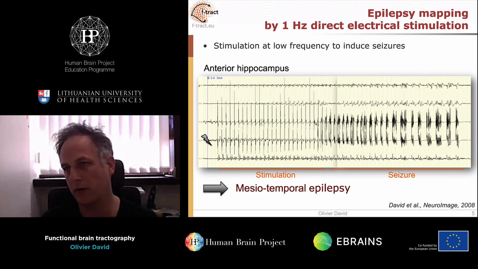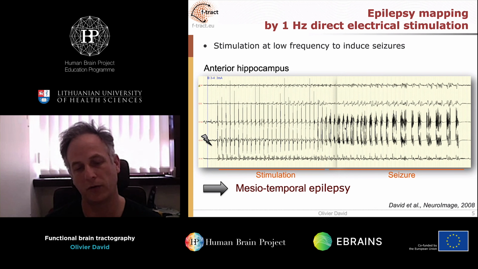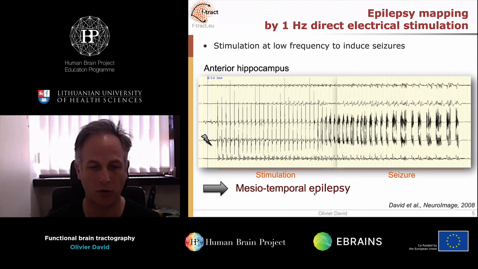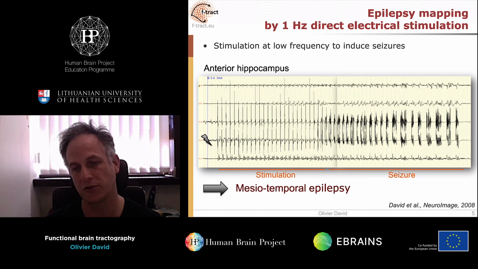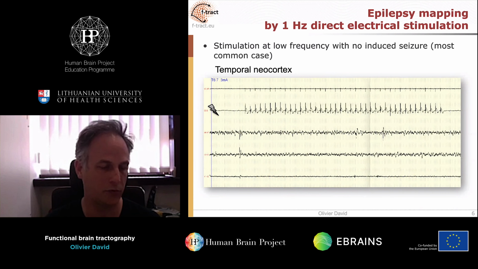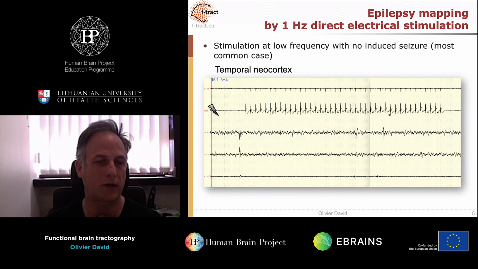The main clinical goal of this method is to induce a seizure, which means that when the neurologist stimulates the epileptic focus, a seizure is triggered, and then we can have a good idea of where the epileptic focus is. In this case, for example, there is a mesiotemporal lobe epilepsy, because when stimulating the hippocampus, that electrode, the seizure was triggered. But most of the time, in fact, no seizure is induced. So the neurologist will stimulate everywhere in the brain where he is interested in stimulating.